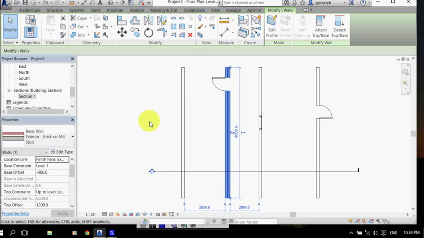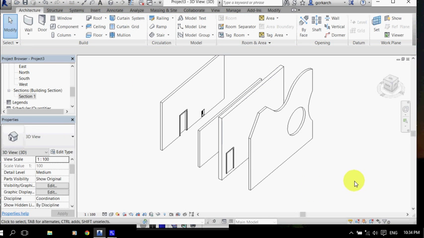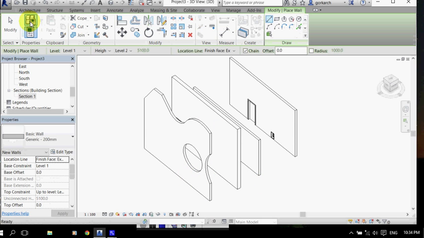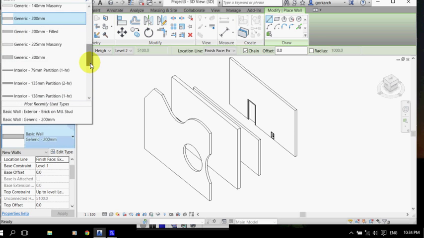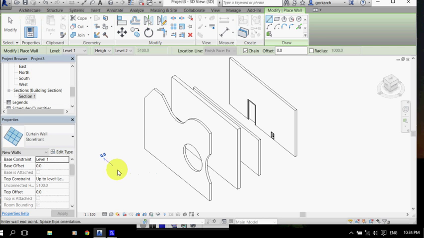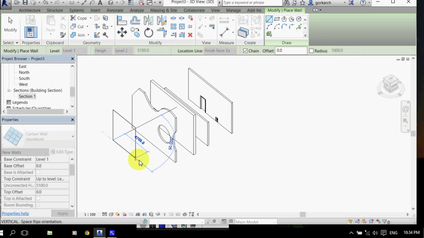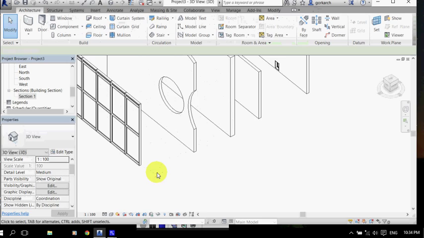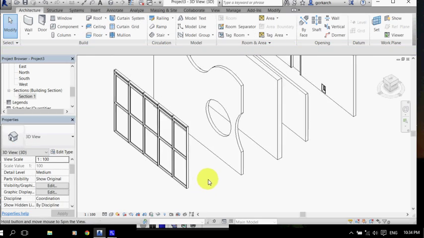Now let's review another type of wall. I want you to switch to typical 3D view, and let's call up wall, but this time I want you to run curtain wall type storefront, again any length. This wall behaves slightly